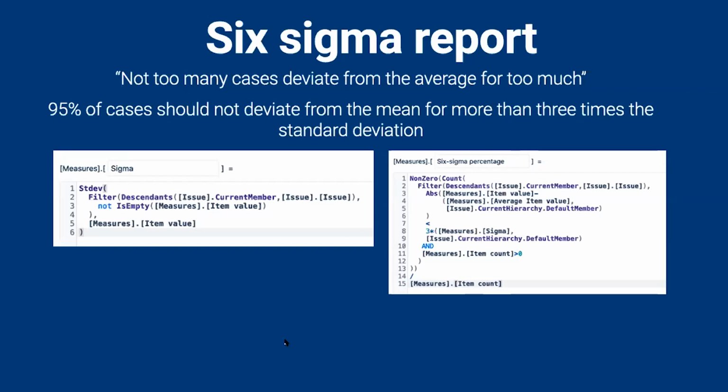The idea of the Six Sigma report or Six Sigma control is that not too many cases should deviate from the average by too much. And there is one widely accepted criterion for that: 95% of cases should not deviate from the mean by more than 3 times the standard deviation. That's quite a long definition, but yeah,